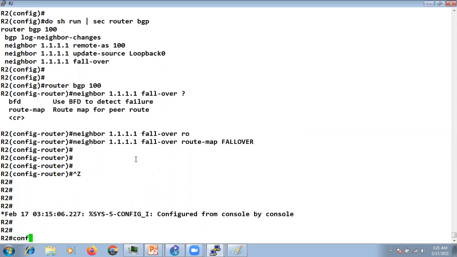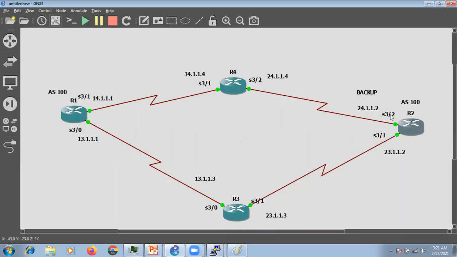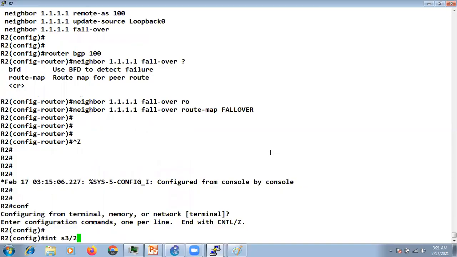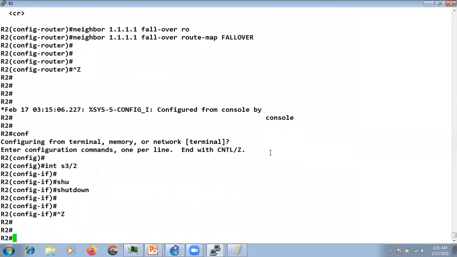So now let's try to shut. In the previous case, as soon as we were shutting down the EIGRP neighborship, router 2 was using the default route to reach R1 and the neighborship was coming up. Now let's test. I'm at R2, I'm shutting it down.